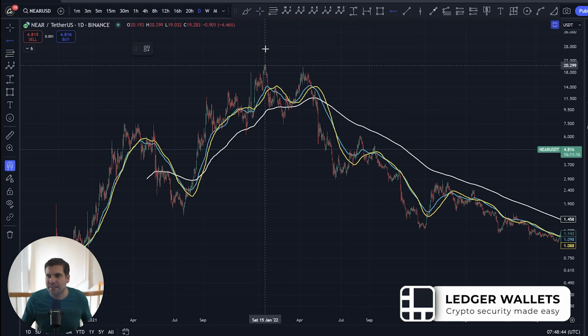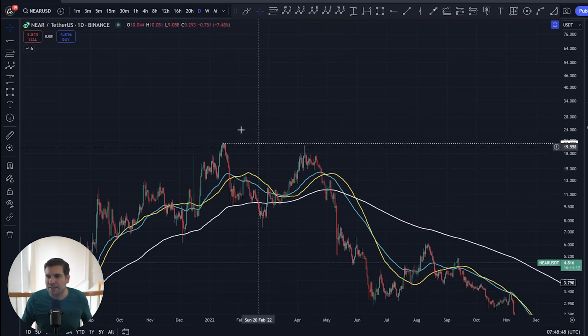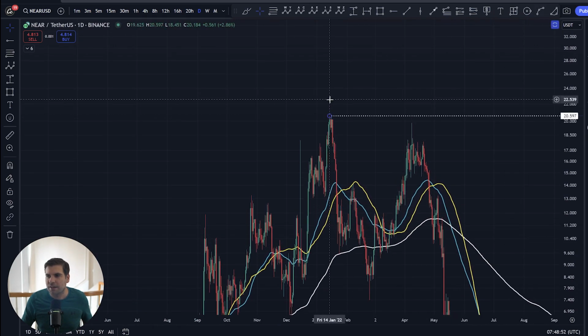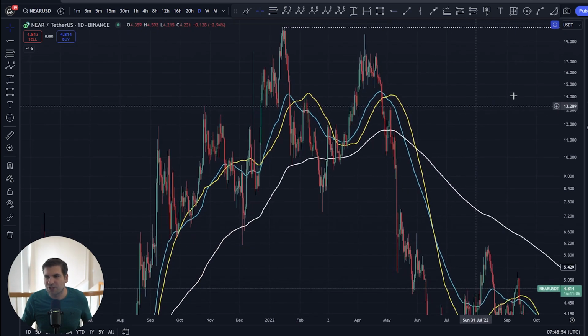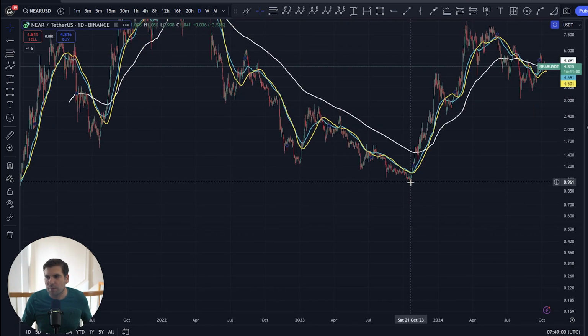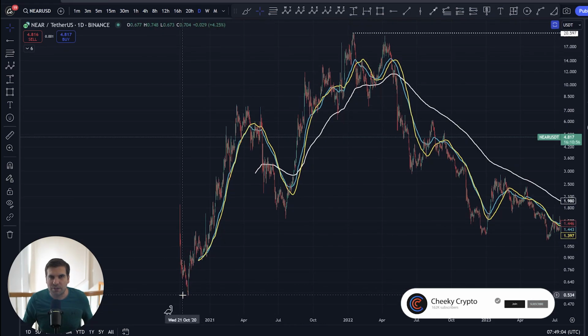This is actually a little bit later than some of the other projects. A lot of projects peaked out in November of 2021. Here for Near, it was the 14th of January 2022. Okay, here we can see a really interesting structure breakdown as we bottomed out in October of 2023. But before we get into that, let's talk about what happened in 2020 from its low point